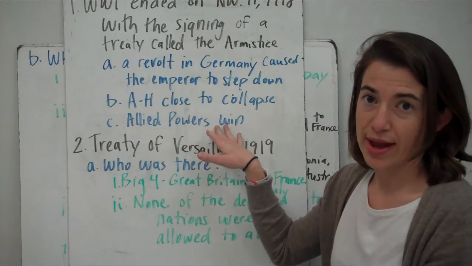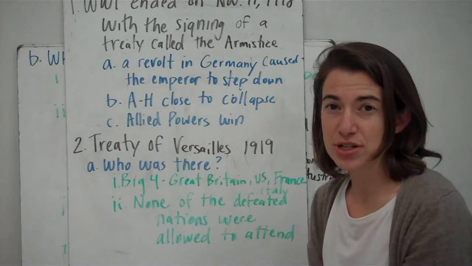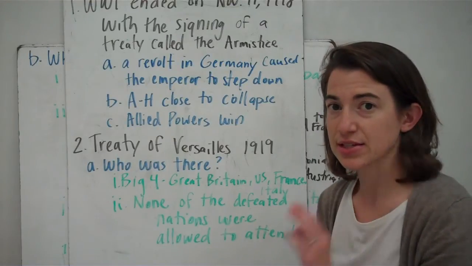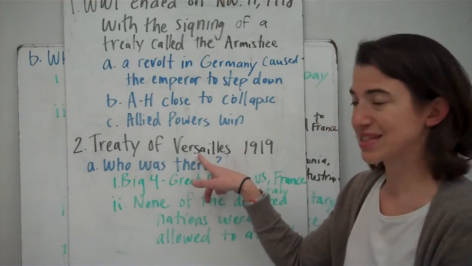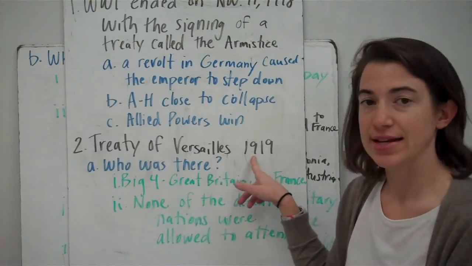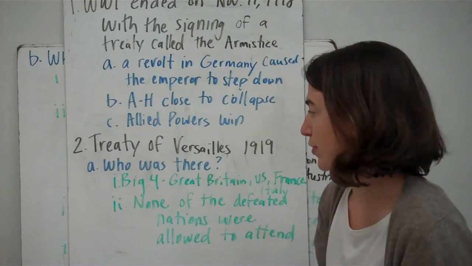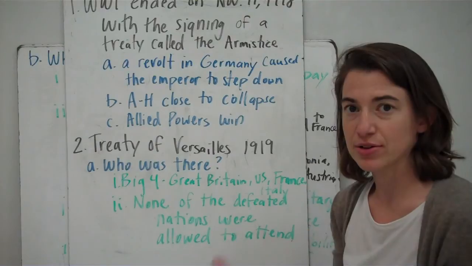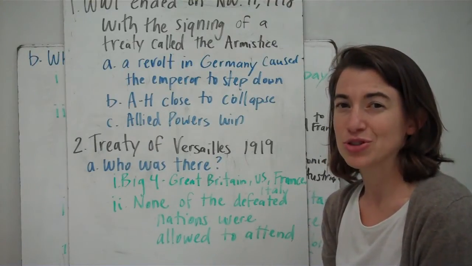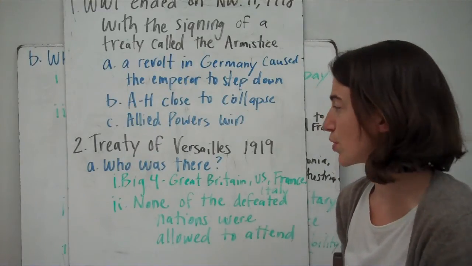So when any conflict ends, you usually sign some type of treaty, some type of agreement to try to keep the war from happening again. And so in this case, the treaty that was signed is called the Treaty of Versailles, named after the place where it was signed, Versailles, France, and it was signed in 1919. So kind of shortly after the war was officially over. And in the treaty, there are a bunch of different components to figure out, really about Germany and how they couldn't regain power and hopefully not start another world war.